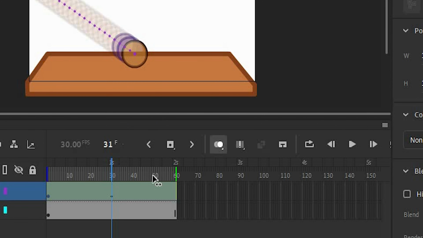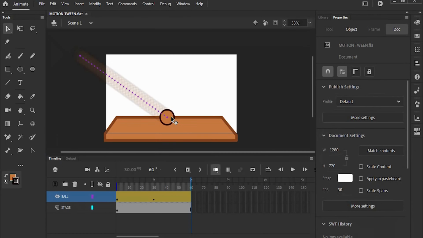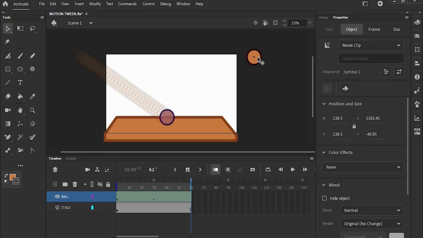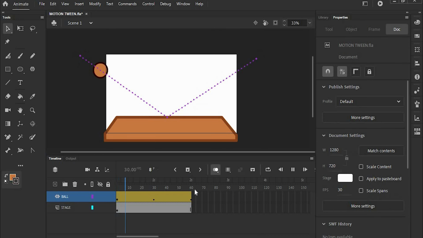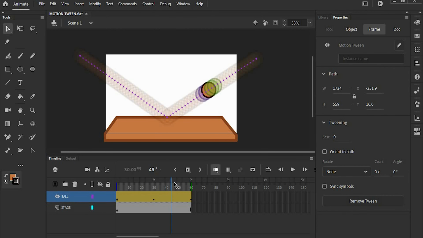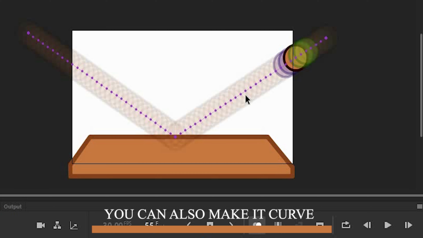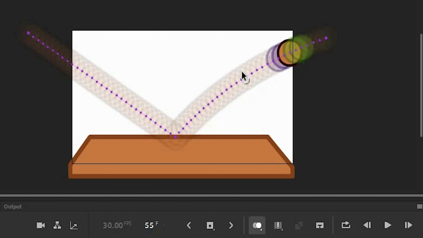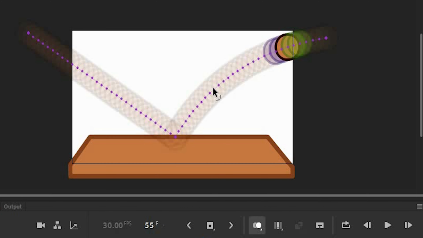And move the playhead to the frame that you want to make an animation. In this video, I set it at 2 seconds. Next, click on the subject, or the ball, to where you want to make it go. So as you can see, there is a line that guides you on where the ball will go. You can also make it curved to have a more defined bouncing. Just like this.